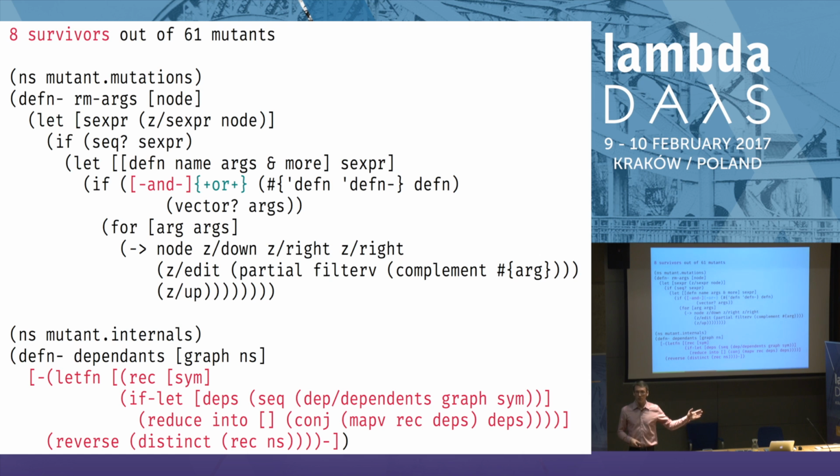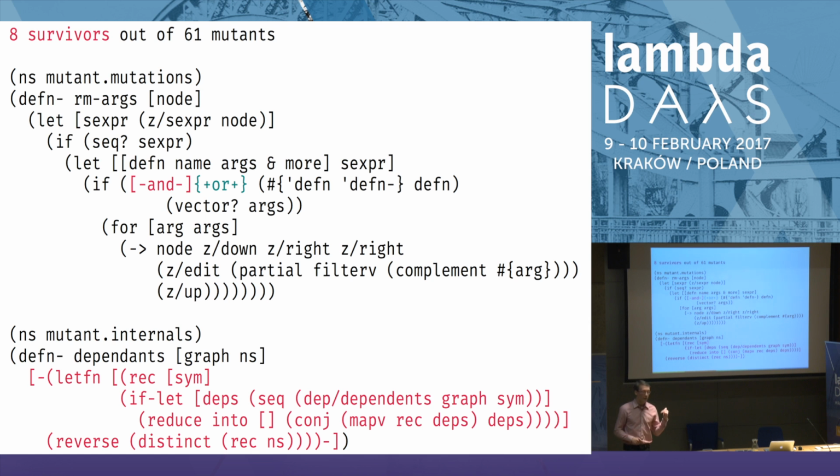It's an extract from this report. It took a bit of hacking to get the thing to run on itself, but it works. And here it reports that it found 8 survivors, and here I'm showing 2 of those. You can see that if I replace this end with an or, or just remove the entire body of this function, all the tests are green because I'm horrible at writing tests. And I'm very happy because this thing works, right?